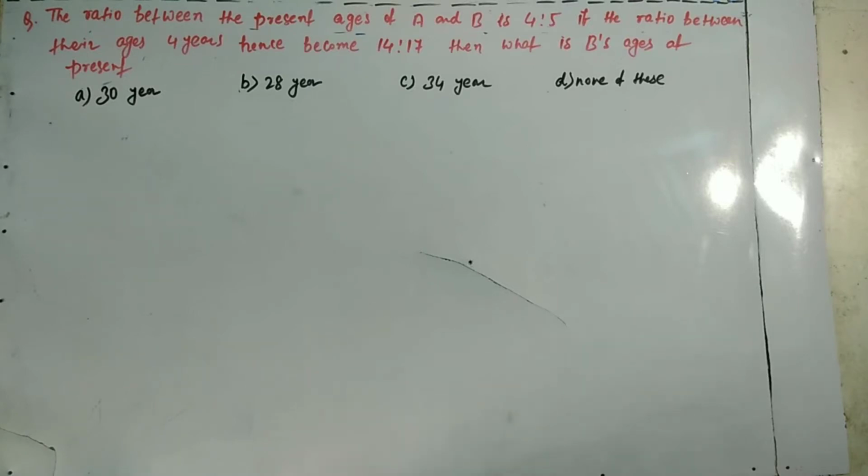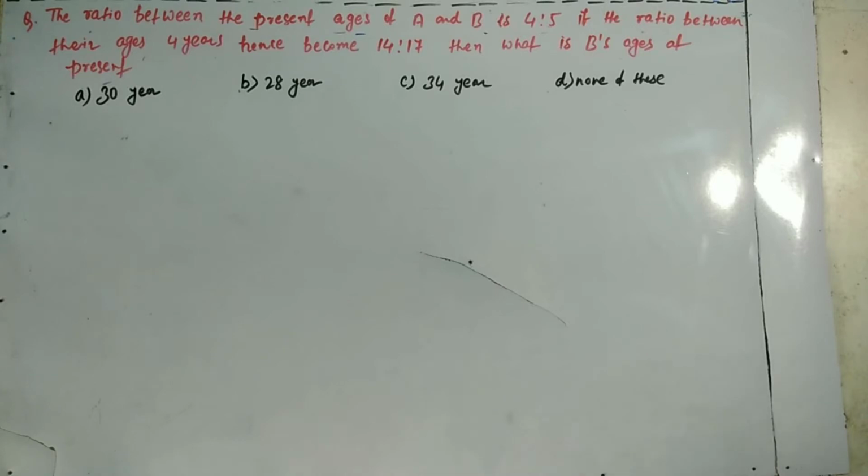The question is: the ratio between the present ages of A and B is 4:5. If the ratio between their ages 4 years hence becomes 14:17, then what is B's age at present? Option A, 30 years; B, 28 years; C, 34 years; and D, none of these. In the question,